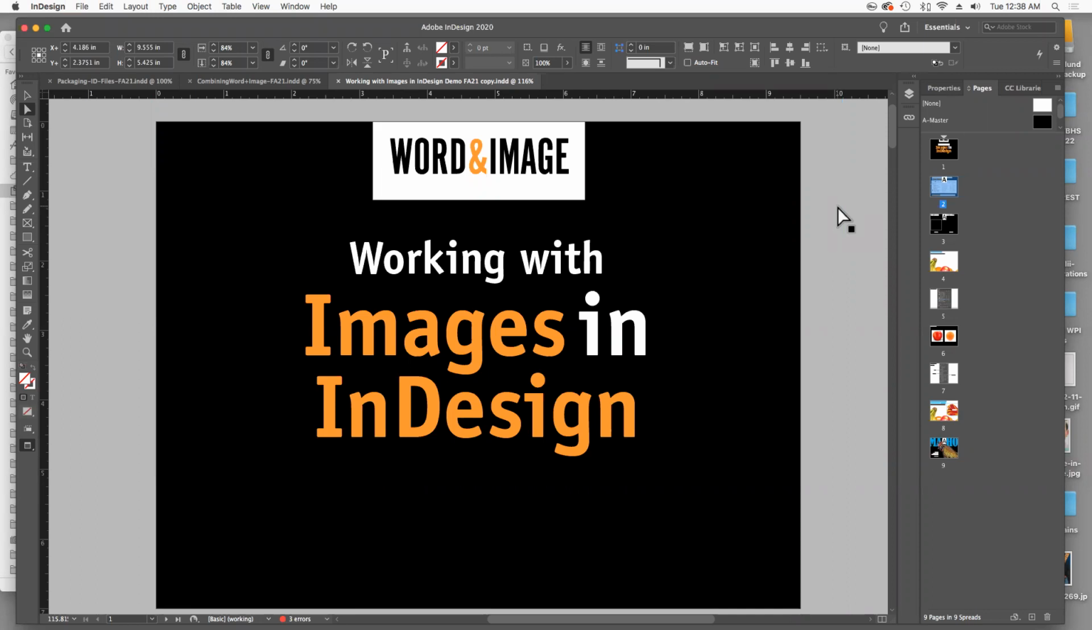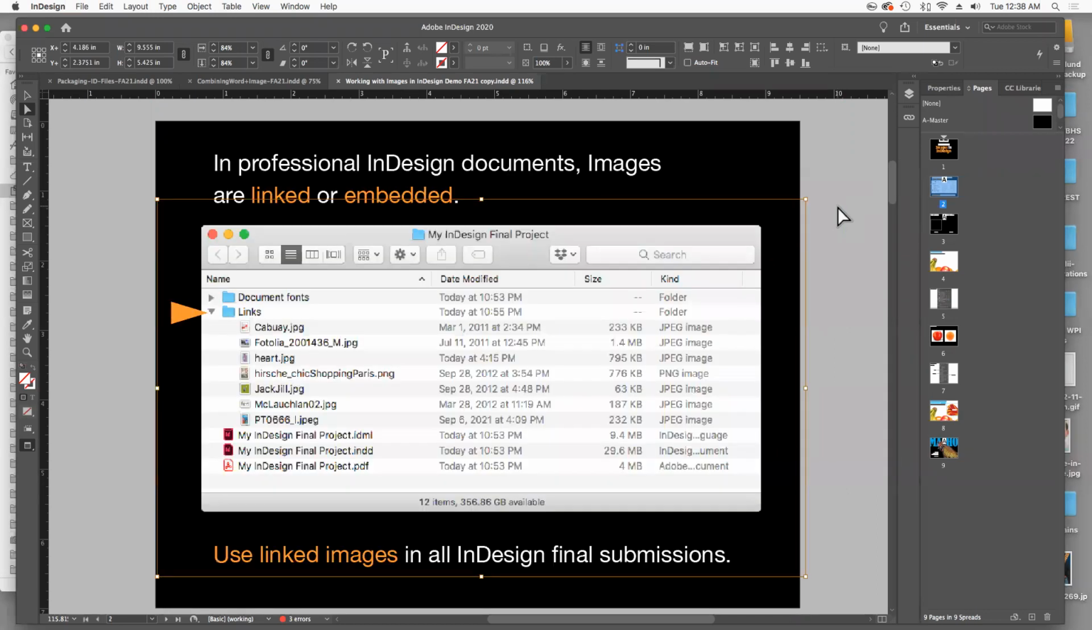This is going to be a word and image demo showing us how to work with images in Adobe InDesign. Let's get going. Okay, so in InDesign,